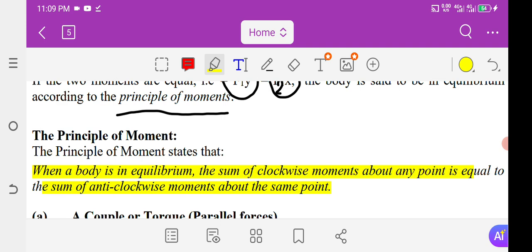So try to be creative to state the principle in your own words without changing its meaning. All right, so I would like us to